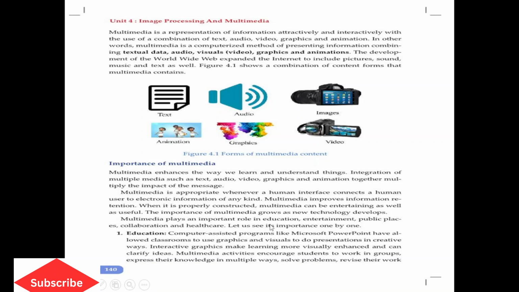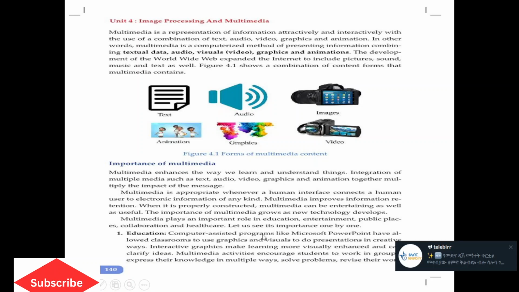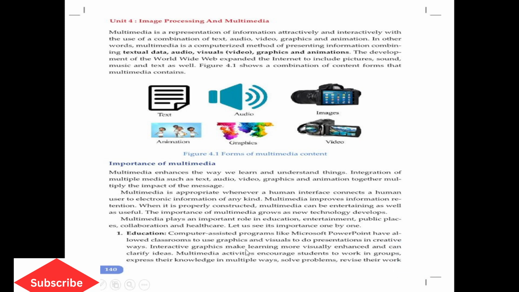Multimedia plays an important role in education, entertainment, public collaboration, and healthcare. Nowadays, one characteristic of a digital computer is flexibility or versatility. It means there is no area in which computers are not embedded. We use them in a variety of formats. While typing a text, we can hear sound-based files at the same time, in any formats. Not only in a particular area, we may use a variety of computers in a variety of sectors, for education, health, financial, and other purposes.